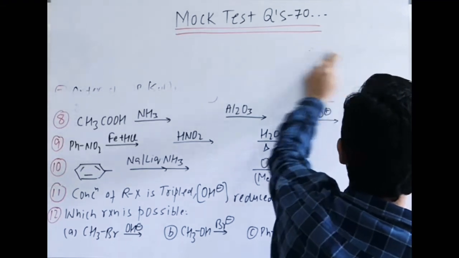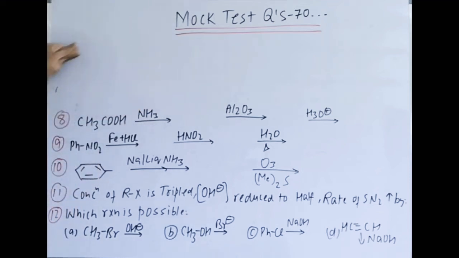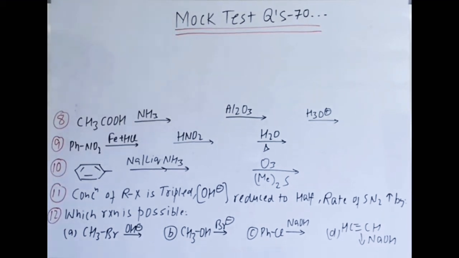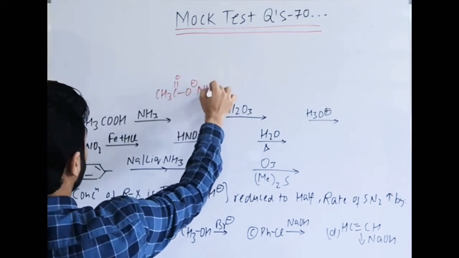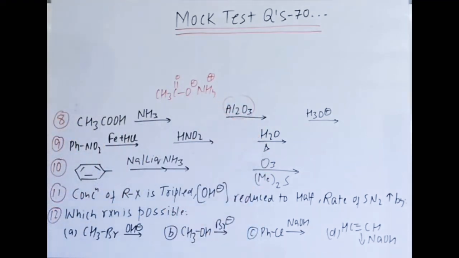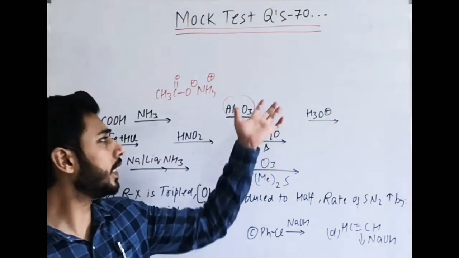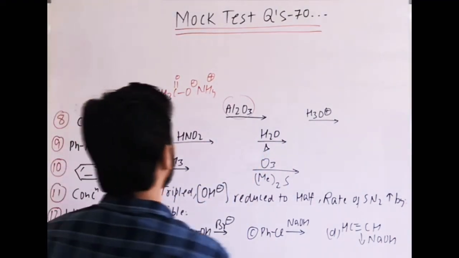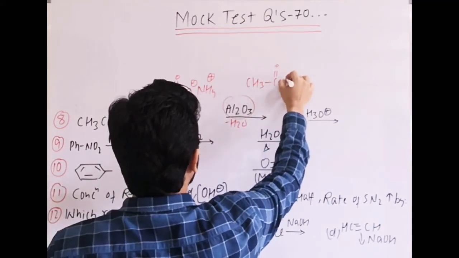In the eighth question, acetic acid with NH3. This reaction we have covered in the carboxylic acid chapter, where an acid base reaction takes place and it forms CH3COO minus NH4 plus, that is the salt formation. Now Al2O3 with heat, that is removal of water. Just like you have done that also, we can heat it, water is released and the amide is formed. Al2O3 is mentioned, so dehydration takes place. So here clearly the possibility is removal of water, minus H2O, and it forms the amide.